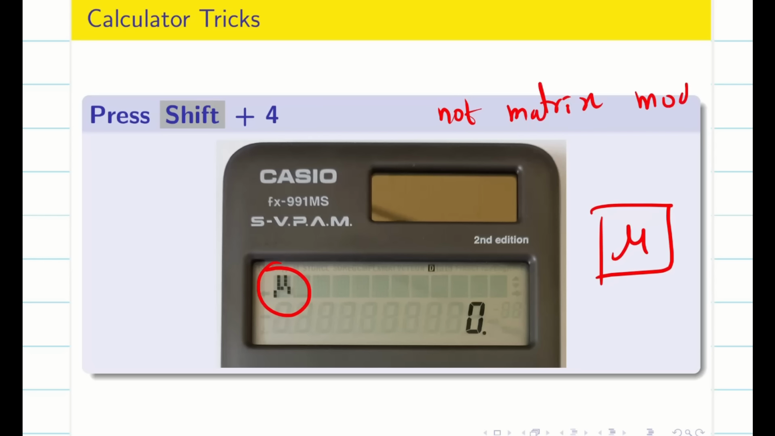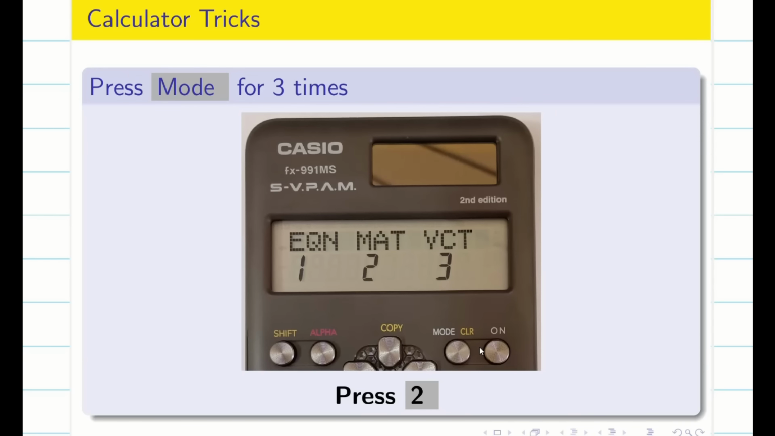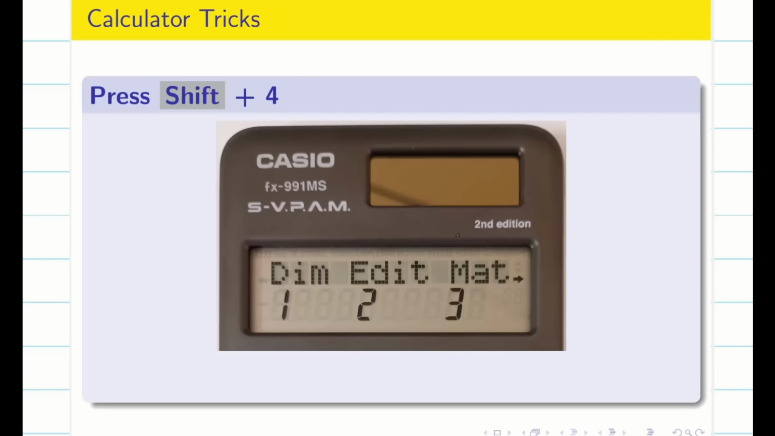Sometimes students will not enable the matrix mode. You see there is no mat here. If they don't enable the matrix mode and go directly to shift plus 4, it will not work, it will show mu. So now clear your memory and go back to the steps, press mode 3 times again, press 2 to get matrix mode. Once it is in the matrix mode, once you press shift plus 4, immediately it will show the display